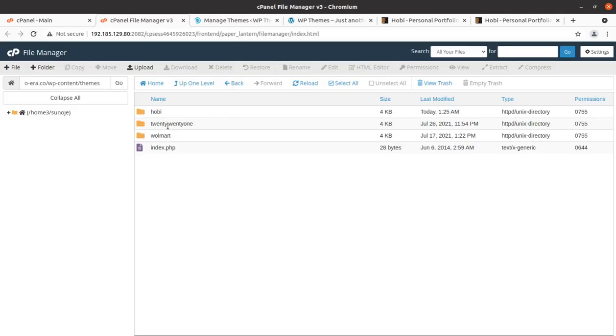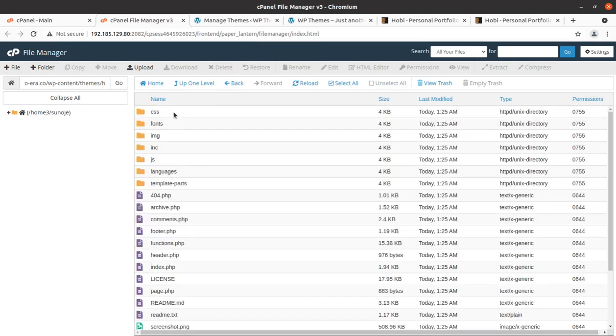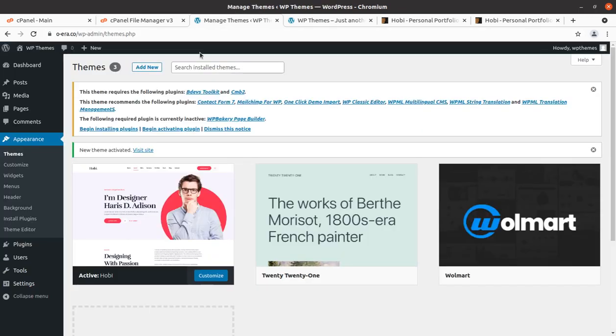So this is the backend interface where the Hobby WordPress theme has been uploaded, and we can check the theme files. So we have got all the theme files here on our hosting, which we just uploaded through the WordPress interface. And after activation,